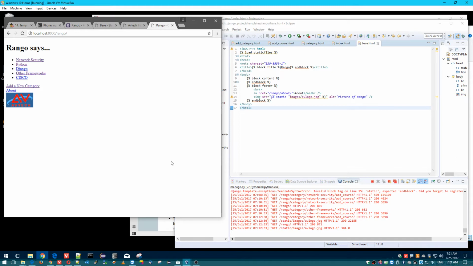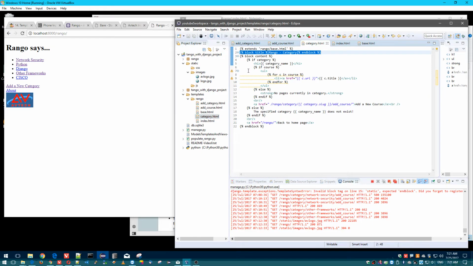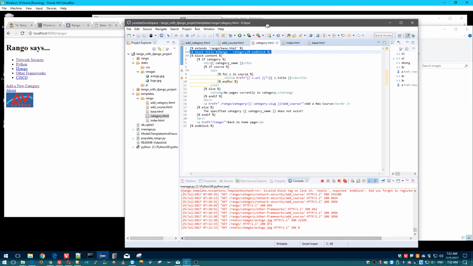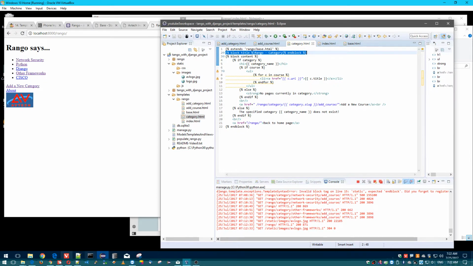Okay. Last segment, we talked about consolidating the templates into a common one, which is base.html, and then the other templates extend that to have their own unique features. So that's how extending works, right? This segment is rather lengthy because we're going to talk about how to use Bootstrap and